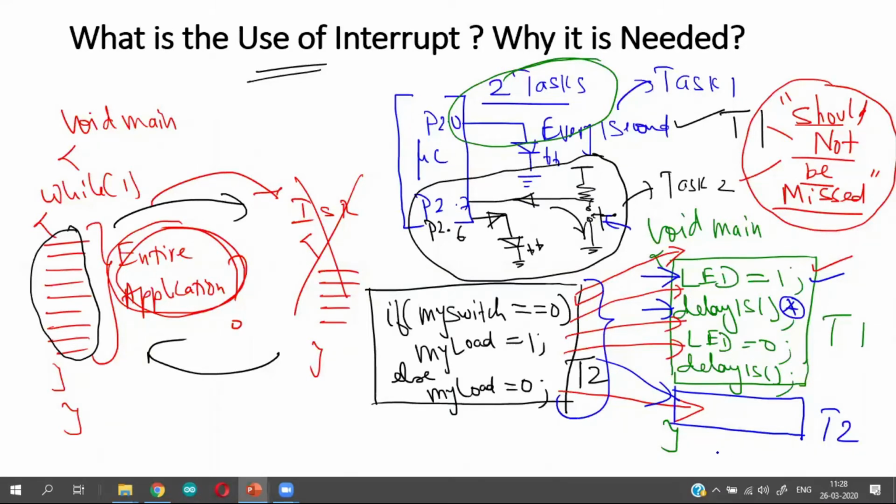No way, because the microcontroller will process the switch pressed by the user only when it comes to this particular segment of the code.